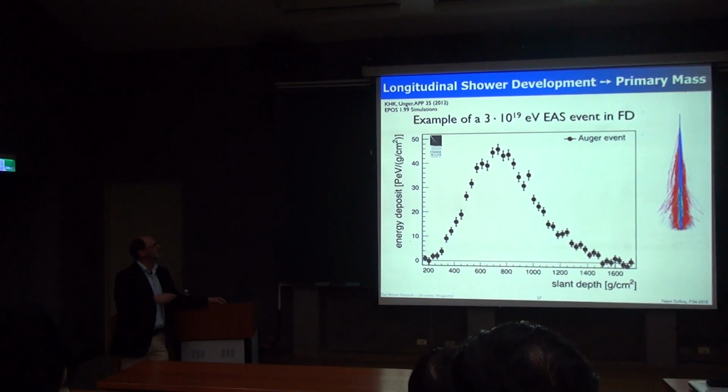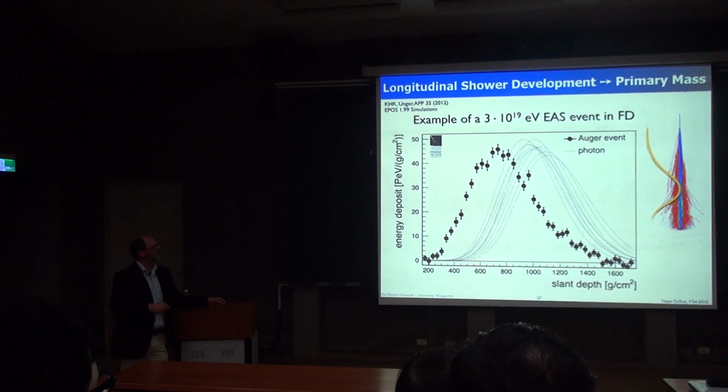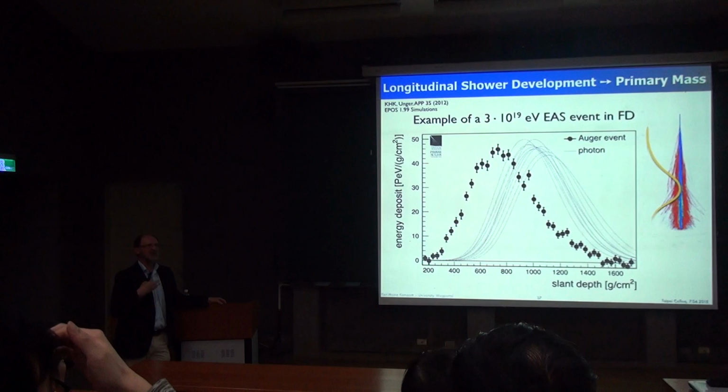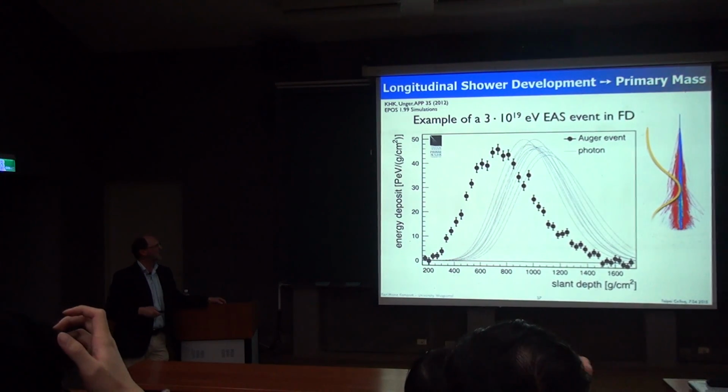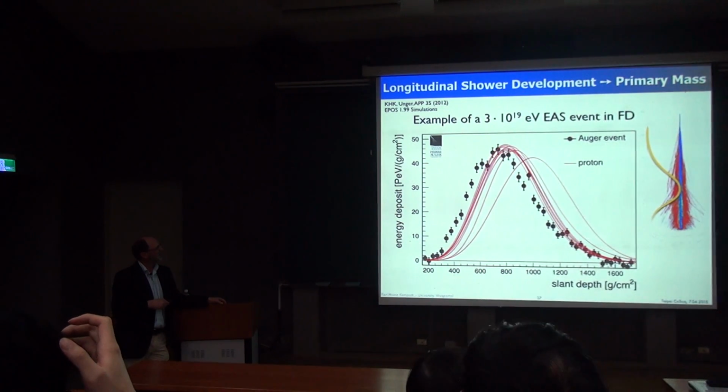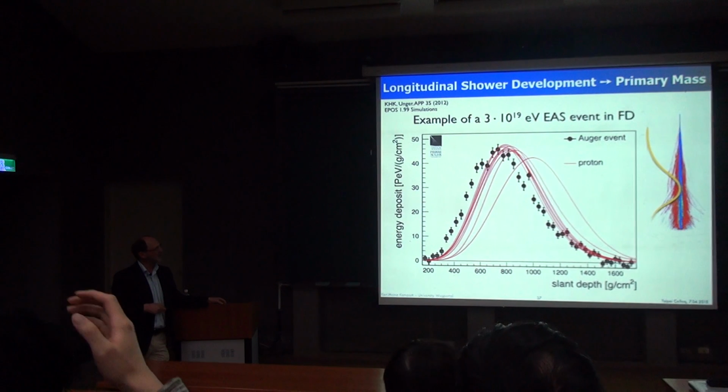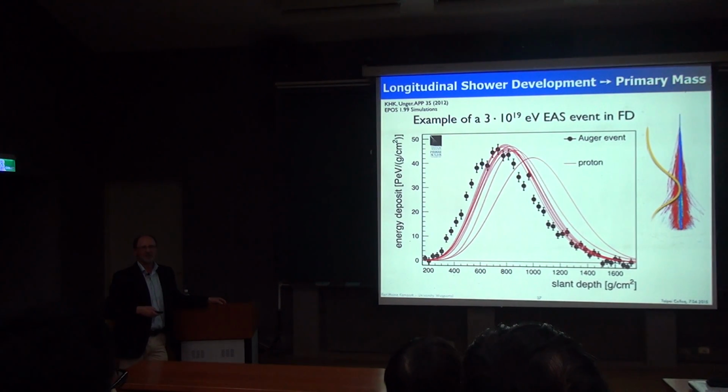And so this is one measured event at 3 times 10^19 electron volts. It shows you the beauty of the data. And then if you do a simulation, so it's this curve here, the number of particles in the shower. If you compare this to photon simulations, you see it doesn't really compare to photons. Photons penetrate deeper into the atmosphere. If you compare it to proton primaries, then you get closer. Protons fluctuate strongly, but still it's kind of shifted